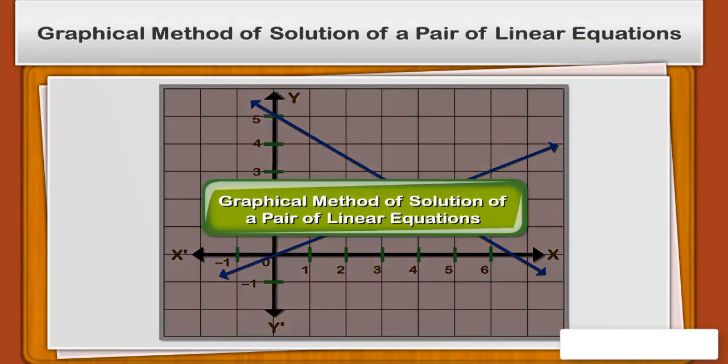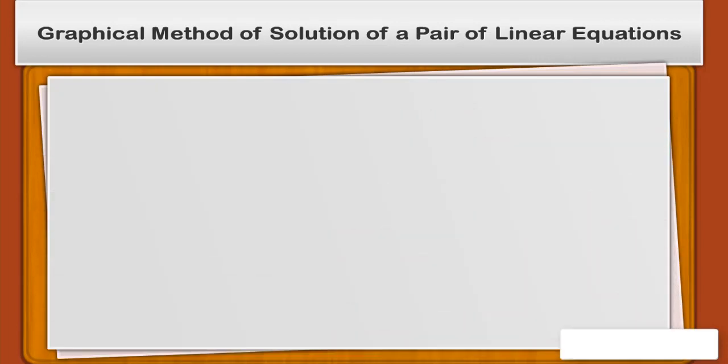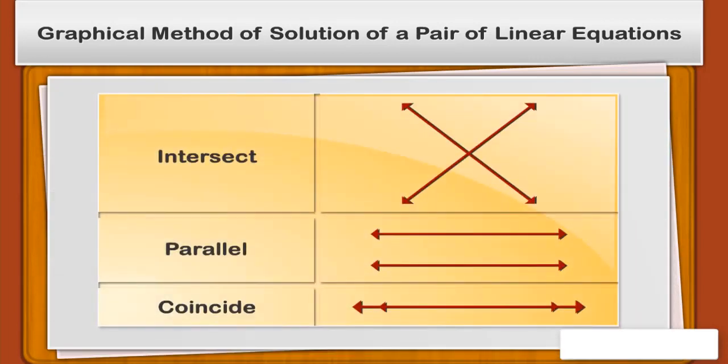Here we will learn the graphical method of solution of a pair of linear equations. We have seen how we can graphically represent a pair of linear equations as 2 lines. We have also seen that the lines may intersect, or may be parallel, or may coincide. Can we solve them in each case? And if so, how? We shall try and answer these questions from the geometrical point of view in this section.